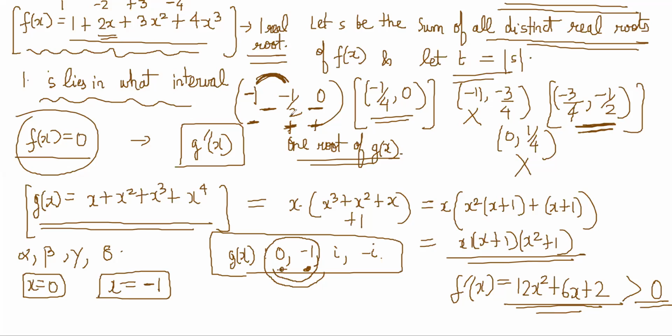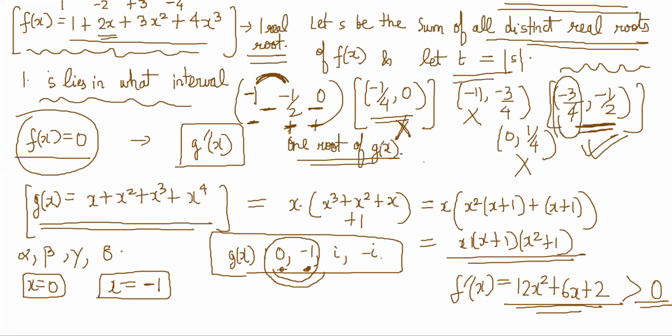So now this is cancelled. This is the correct answer. S lies between this, no? You can also confirm by putting the value -3/4. -3/4 should come out to be positive. You can check it. I hope it will come out to be positive. It should. So the answer will be whatever this option is.